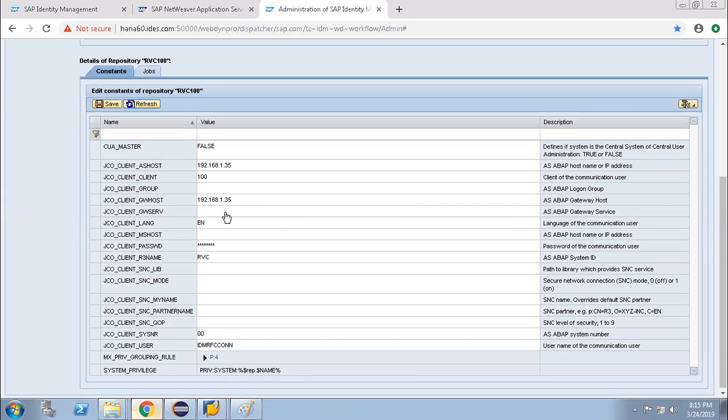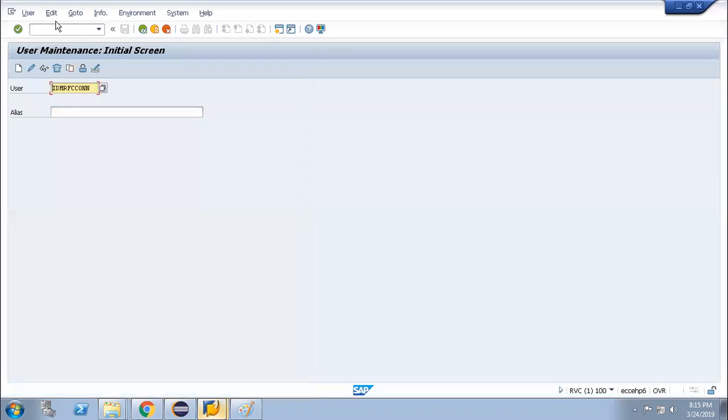I found the gateway service name. It is SAPGW00. Actually, this one, SAPGW00. If you want, you can execute transaction SMGW. Yes, correct, I actually forgot.